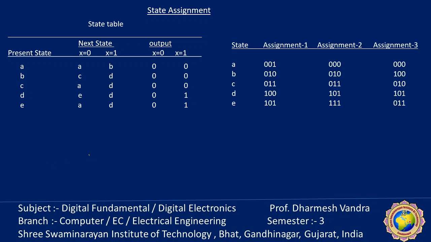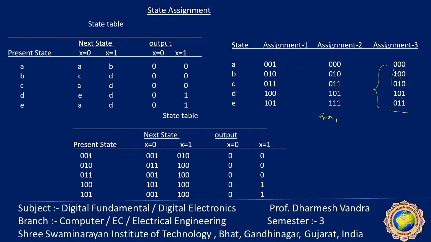Here we take the 3 combination. This is a simple binary 1, 2, 3, 4, 5. Here I take 0, 1, 0, 1, 1. This looks like a gray code. And this is the one here. The only change is that here it is not a gray code, but it takes the first one and last to 0. So starting from here, then this will become unchanged and going to 1. So any can be used, but it cannot be repeated. Remember that thing. All 5 are different unique numbers.